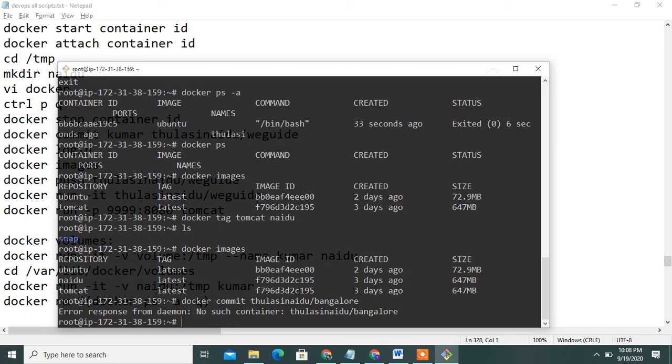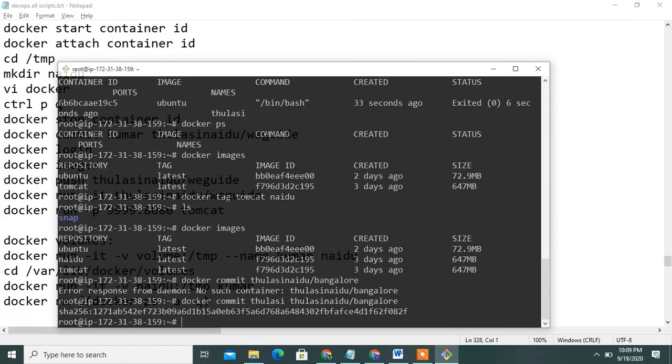You can access the container also. See, it created one image. Check docker images.